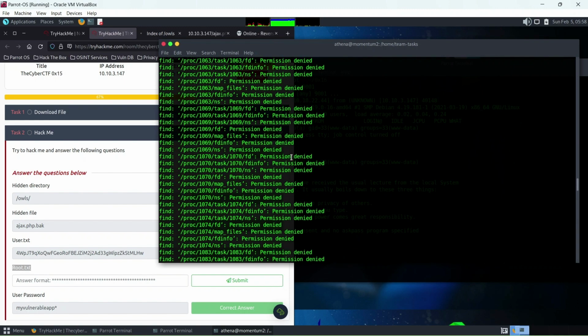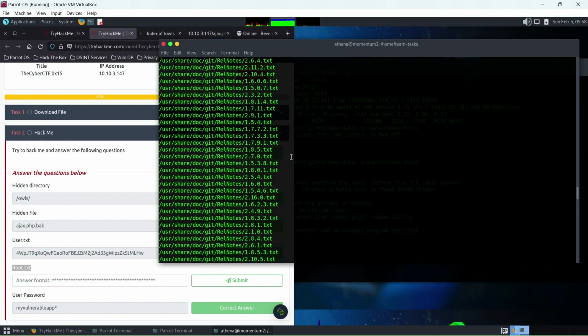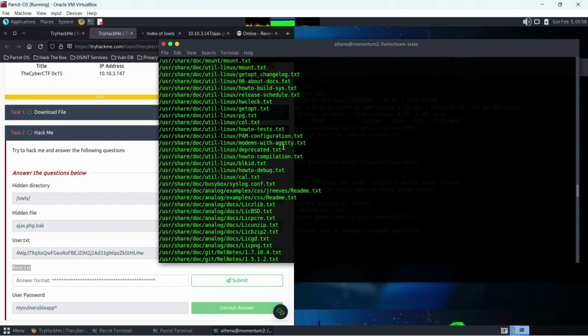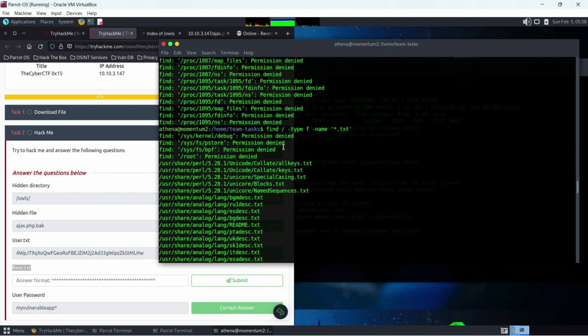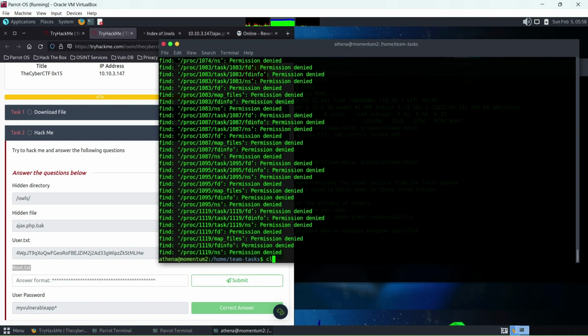GitHub. Oh, this is GitHub. I think we could. Okay, where is GitHub? And no, we can't see any root in this. I think this is where we found it. So I think we have to go to